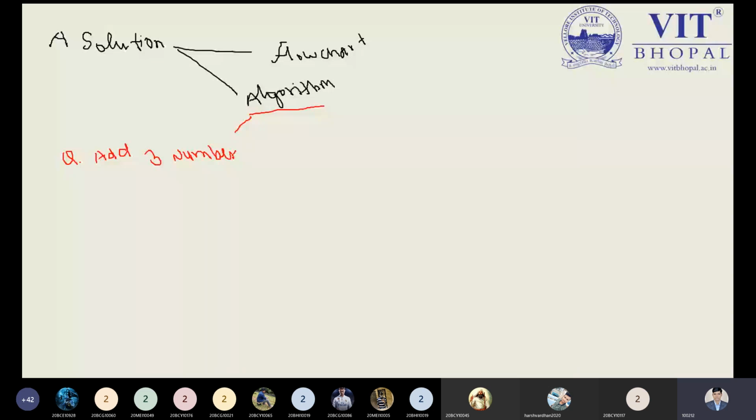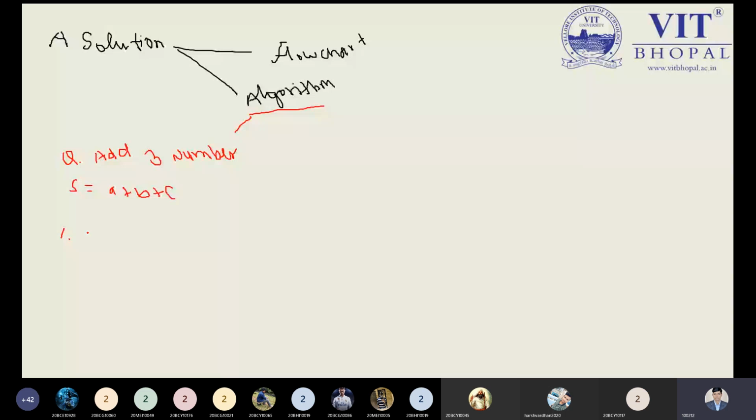Theoretical definitions I am not writing over here, but you can understand algorithm means step-by-step solution of the problem. Now, as a solution or as an answer to this, I can write: add three numbers. How can I add three different numbers? Like a plus b plus c. These three, a, b, c, are the operands and they hold some values, and plus is the operator by which we can perform our mathematical operation. Now, the first step I need to write is the algorithm. So what is the algorithm? Algorithm is a step-by-step solution, and each and every person can write the algorithm in his own way. So there is no big issue.